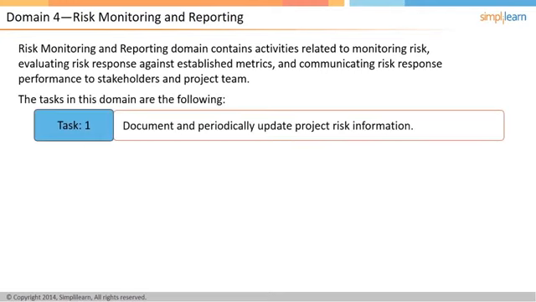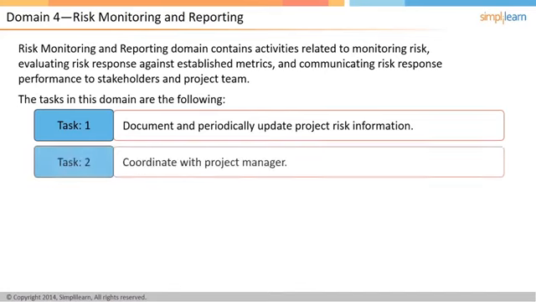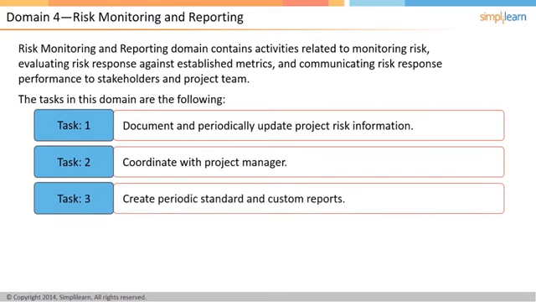The first task is to document and periodically update project risk information. This is done to maintain a complete source of information. The second task is to coordinate with the project manager using communication to integrate risk management throughout the project. The third task is to create periodic standard and custom reports which contain risk-related metrics as per the Risk and